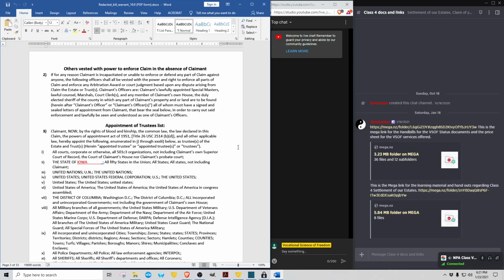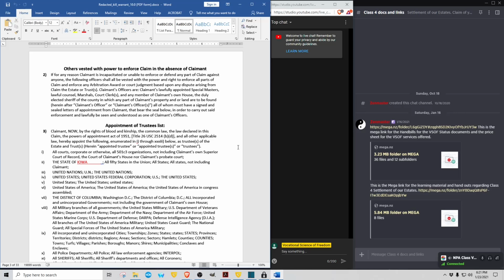And just like we notice all of the trustees through serving the Secretary of State, which notifies basically every officer of the state, whether it be Wisconsin, New York, Illinois, whatever, doesn't matter. And then you can serve whoever else you want to after that. So say if there's a court coming after you, you can serve an inferior court. You can serve judges, obviously, which is what I'll be showing you later. And you can serve the United States Federal Corporation by serving the Secretary of State. It's always the Secretary of State that basically has to then give notice to every other agent or agency of a particular corporate government after you serve them.